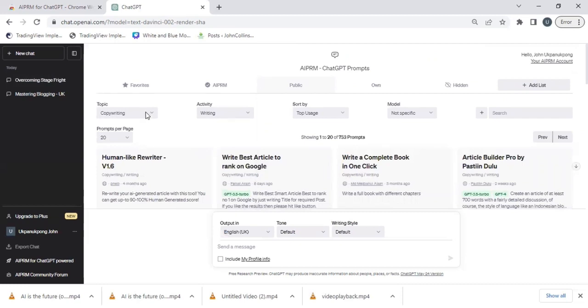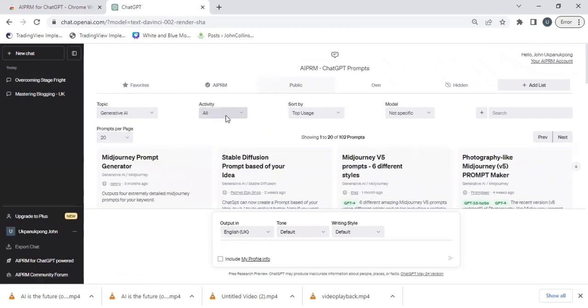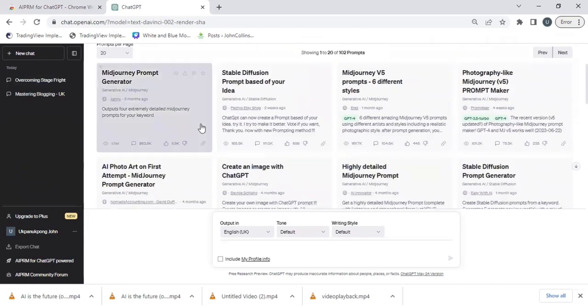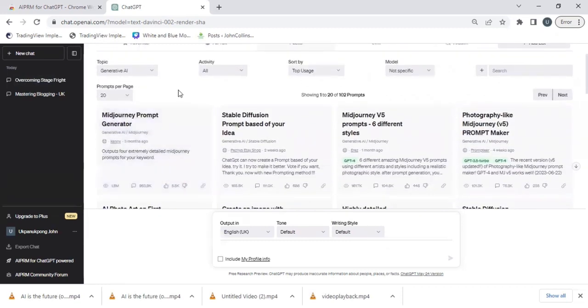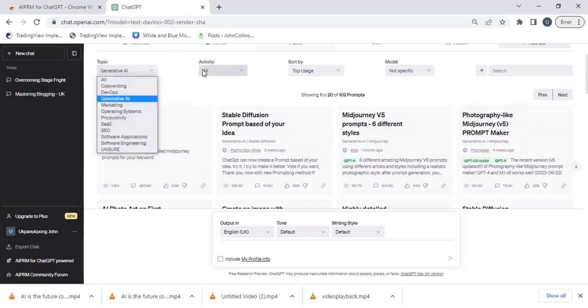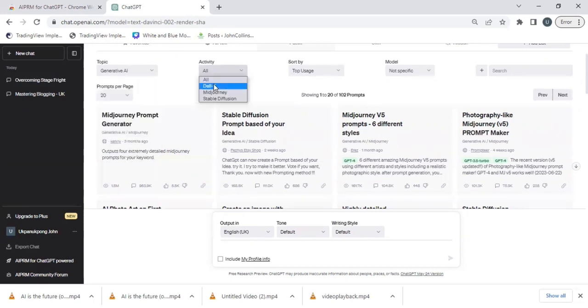Then let's look at the generative AI. This is where I like talking most, because most people find it difficult to generate pictures or images that are very nice and good looking. So if you are having issues generating good-looking images, you can always use the generative AI. You can select this one. What do you want? Is it DALL-E or Midjourney or Stable Diffusion? The one I taught most of you is under the Bing Image Creator,